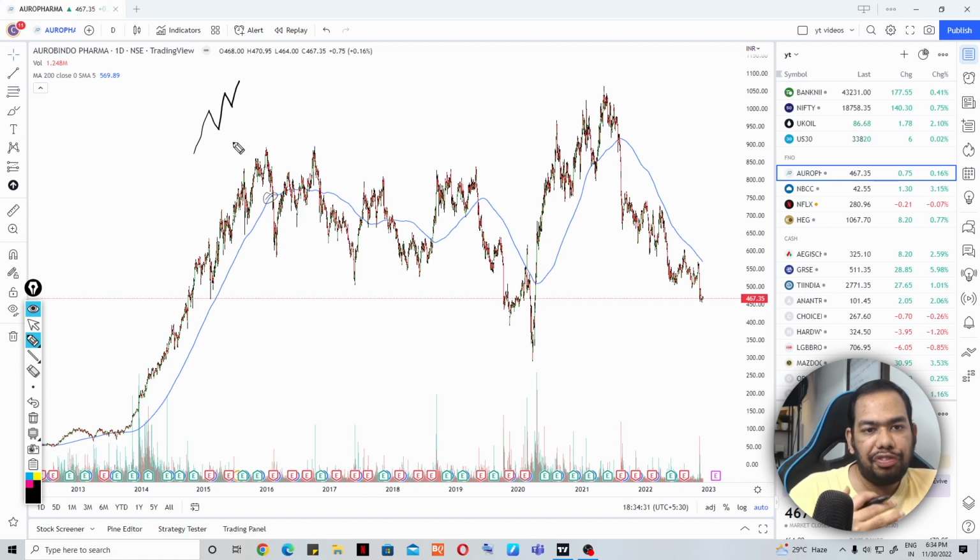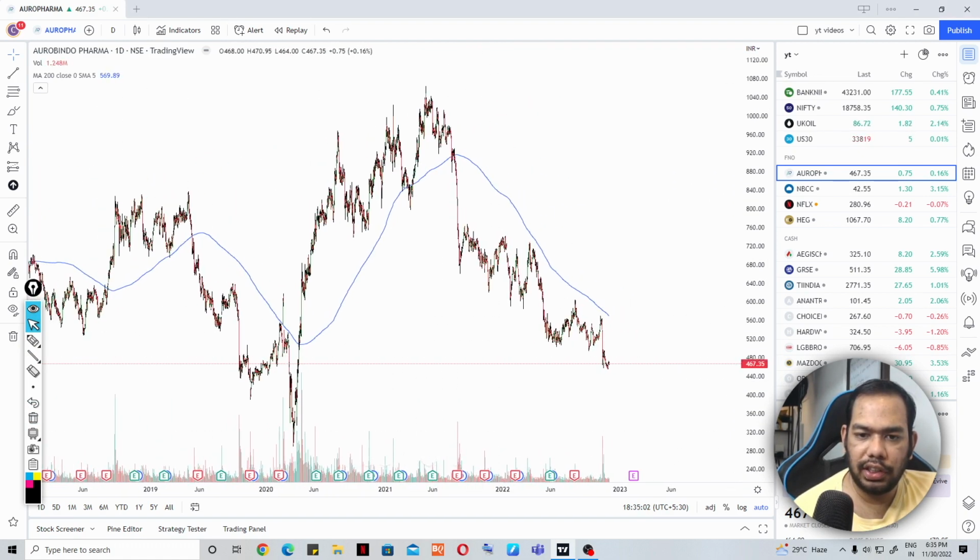Second point, if you find some pattern which is getting taken out, let's say an ascending triangle, and here was a 200 DMA, and this pattern formed just above the 200 DMA, that time you can enter. Or you can wait for some reversal chart pattern near the 200 DMA area to act upon it. Let us see this recent behavior